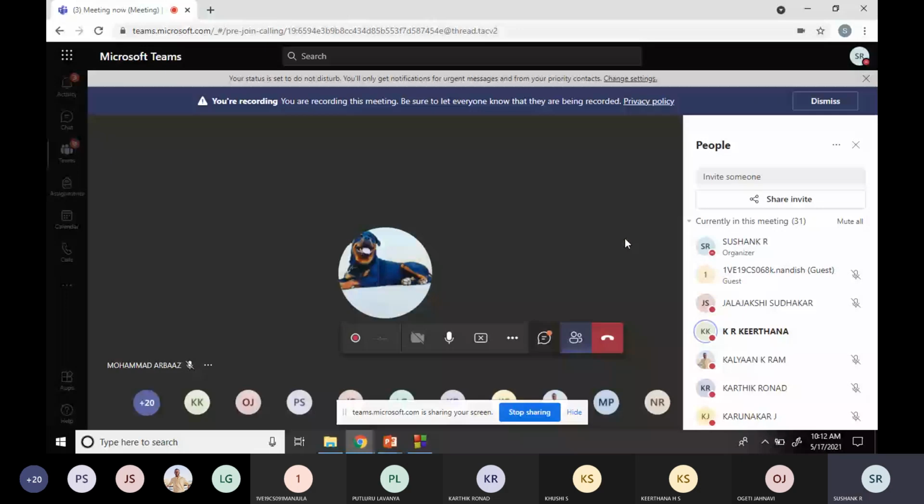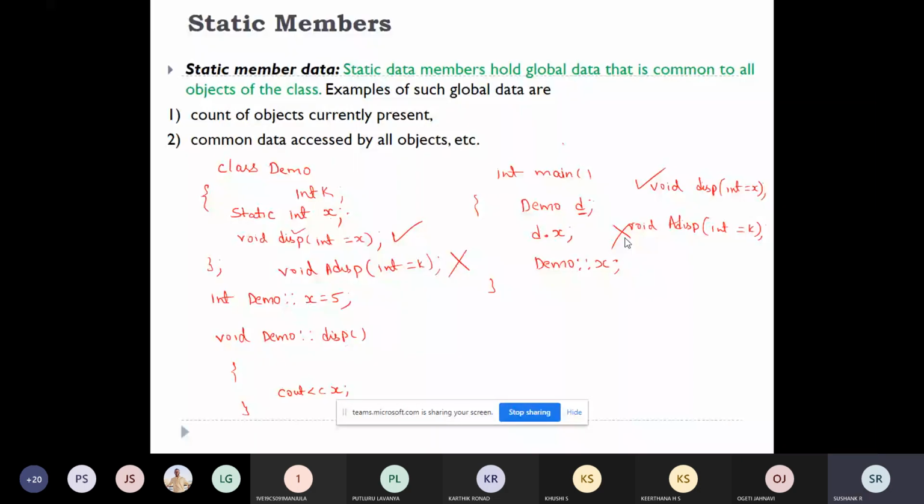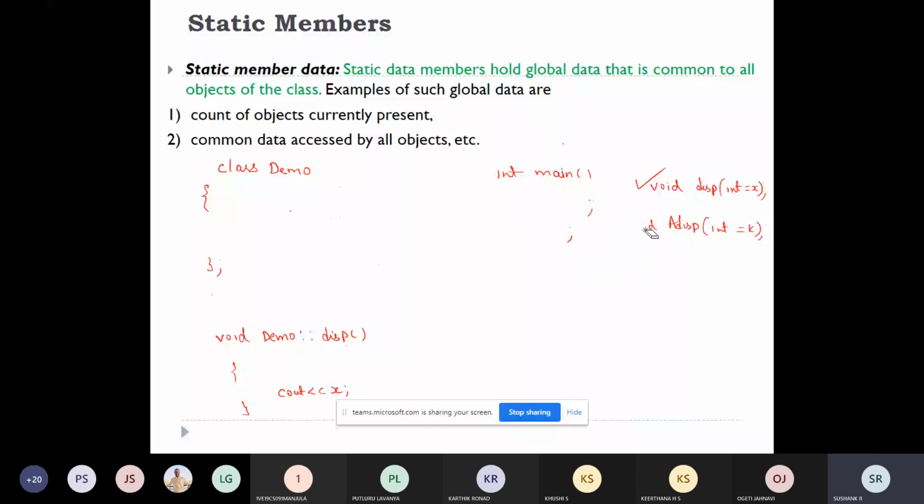Okay. So this is regarding the static variable. The same way, you can also make the function static. So for static variables, these many points are there. I'll run the program related to all these points. The first thing is let us be clear with the theory side. If you're clear with the theory, the same program I can type and execute on the system. So static variables, these many points we have covered.